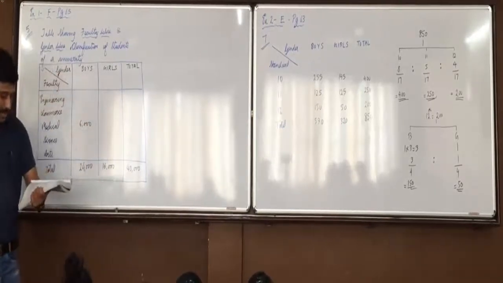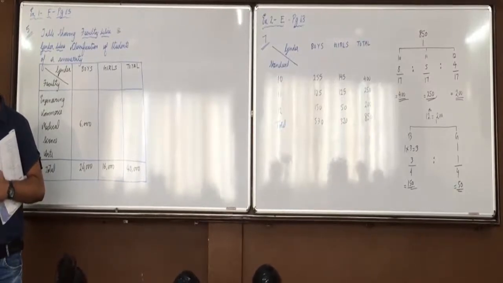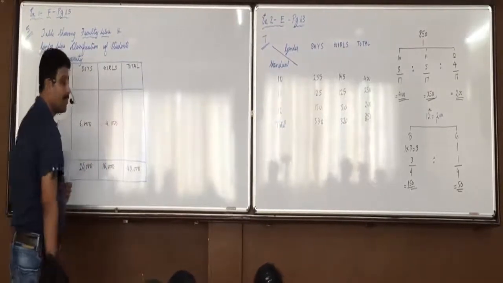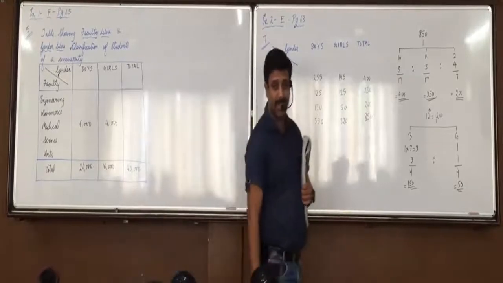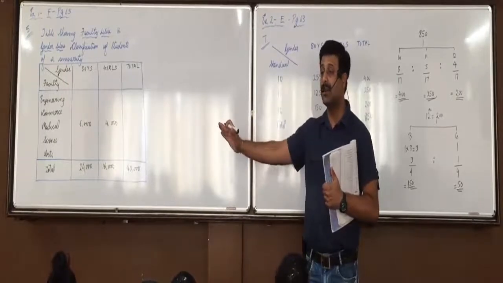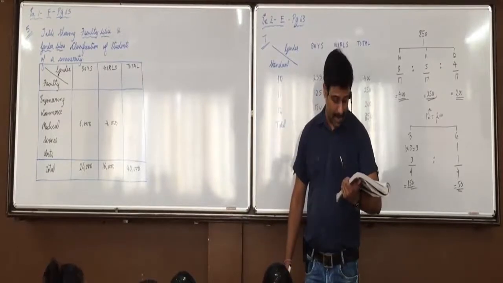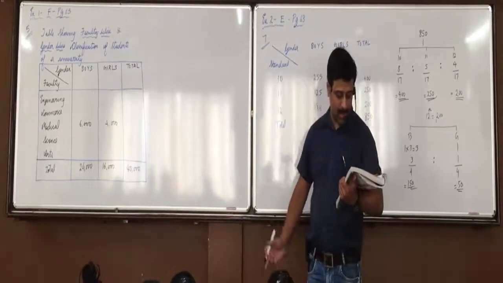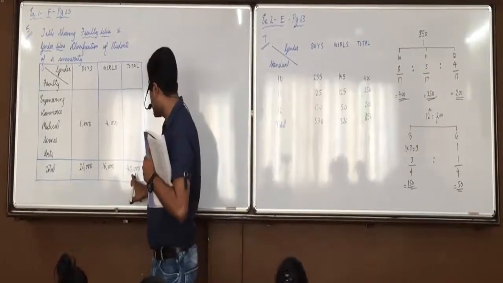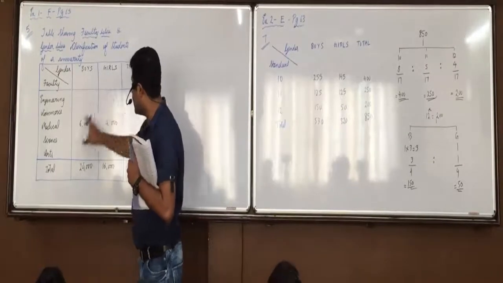What is the other percentage? Directly press 10 and percent. What do you get? 4,000. Write it in girls. Or else 40,000 into 10%. What is that? 4,000. 40,000 into 15%, 6,000. 40,000 into 10%, 4,000. Now it is written that 15% and 10% of total number of university students were boys and girls respectively who belonged to medical faculty. So 40,000 into 15%, 6,000 are boys of medical. 40,000 into 10%, 4,000 are girls of medical.